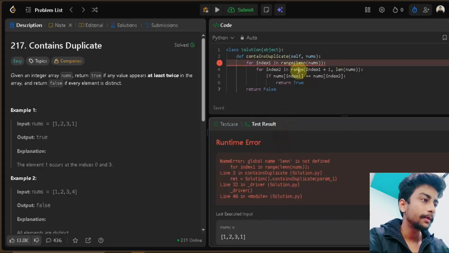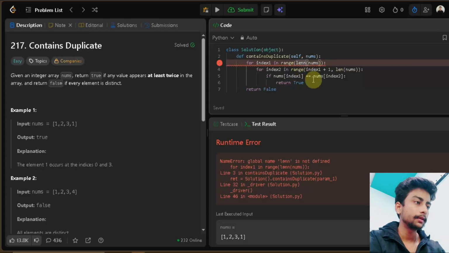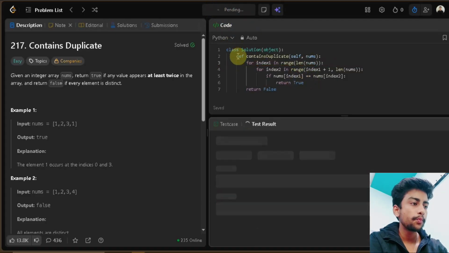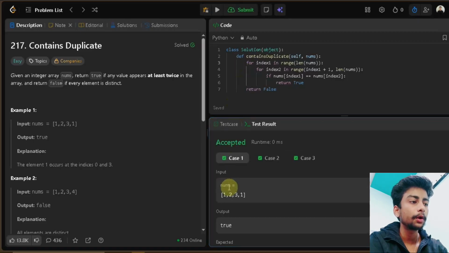Okay, there is an error because of the spelling. We have used 2n in length. There is only 1. Let us try this now. Yes, we can see this works for all the 3 test cases. So